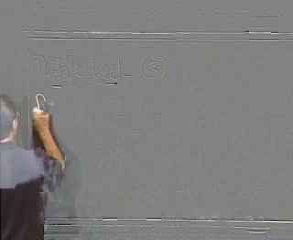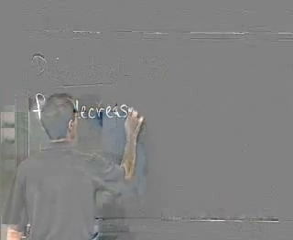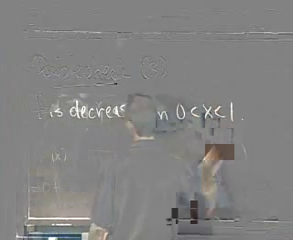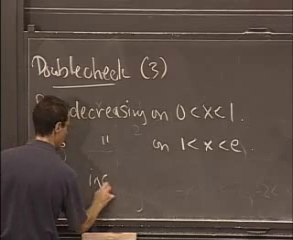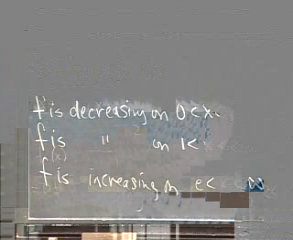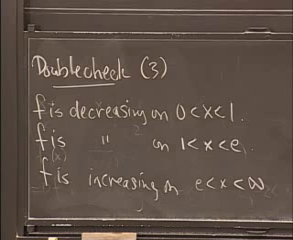be true, that f is decreasing on 0 to 1. F is also decreasing on 1 to e. And f is increasing on e to infinity. All right, so already, because we plotted a bunch of points, and we know that there